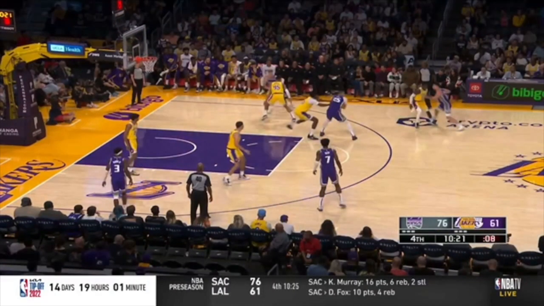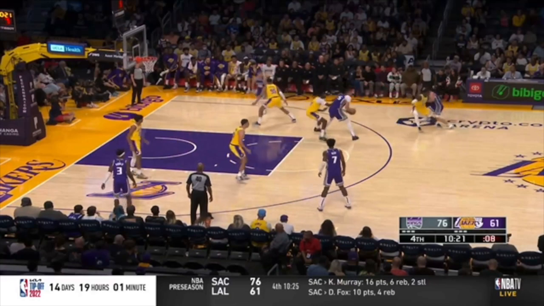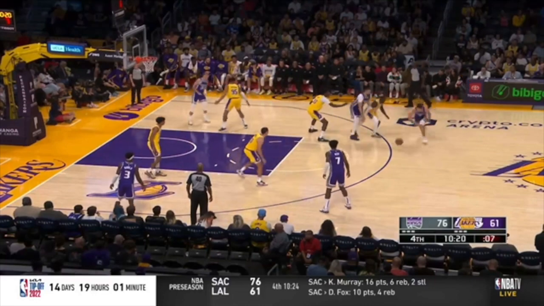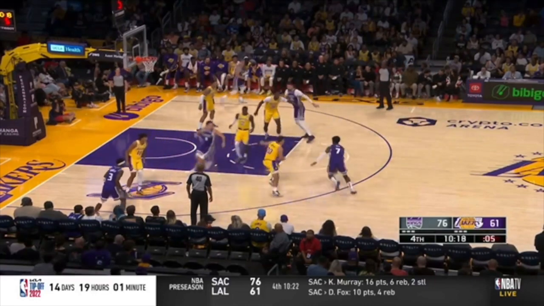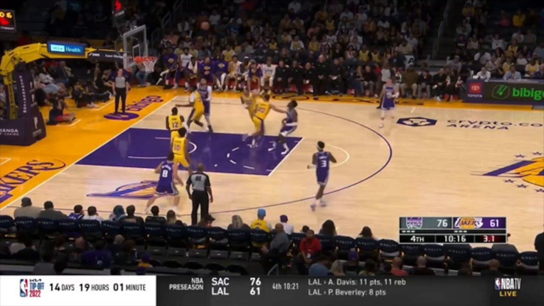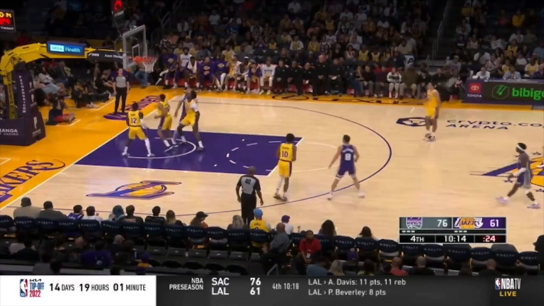Okay, you do never want to hug your man away from the ball. First of all, you should be guarding beneath the three-point line anyways when your man doesn't have the ball. Okay, you're just here. So if a pass gets kicked out here, I can immediately advance up here. The problem is you're hugging this player. So look, when you hug a player like this, it makes it way too easy for him to create separation. Now he's in the lane, draws a double team. This player isn't able to get over. It's a rip and go drive and an easy two.